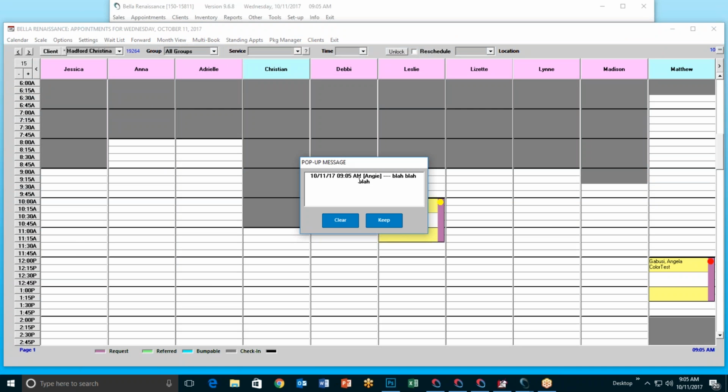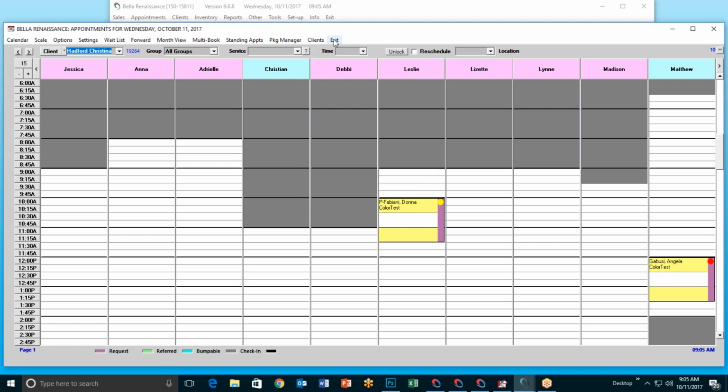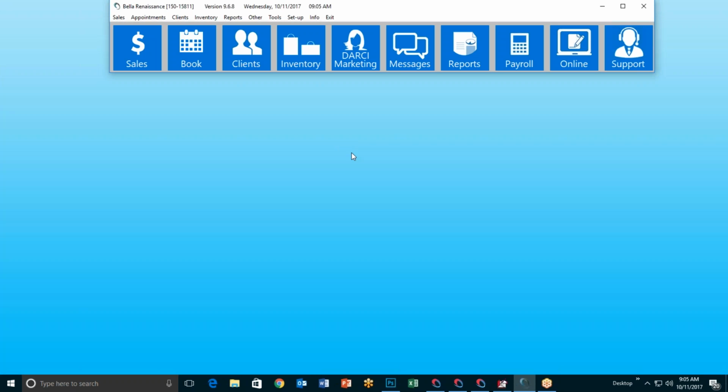There we go. First thing I see is the pop-up. Okay, so that's how you set up a pop-up now. So appointment notes and pop-up notes, and they were both recorded here, so you'll be able to look at that